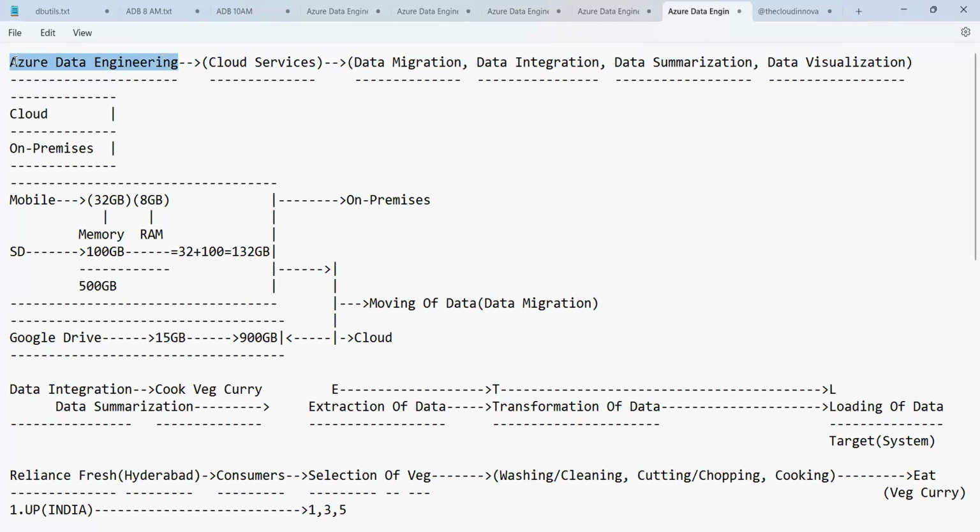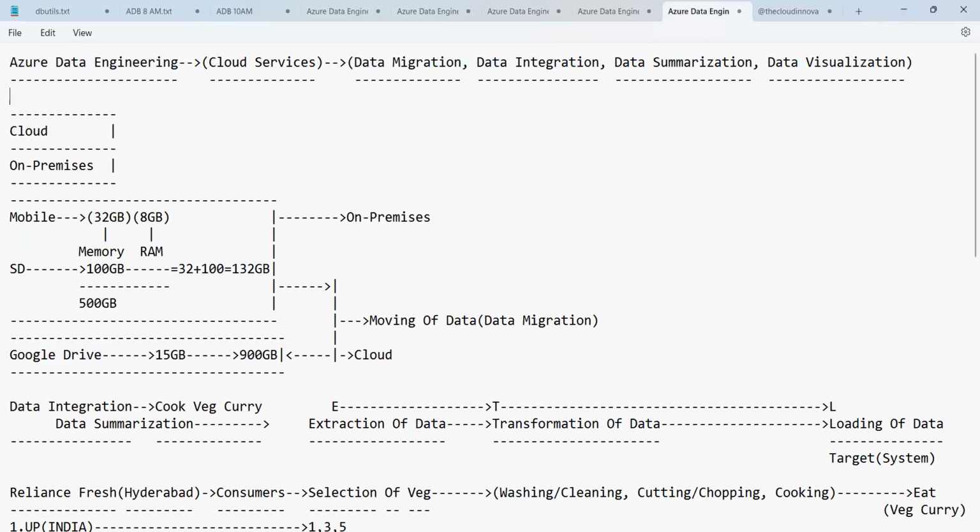This data engineering activity, we perform by using